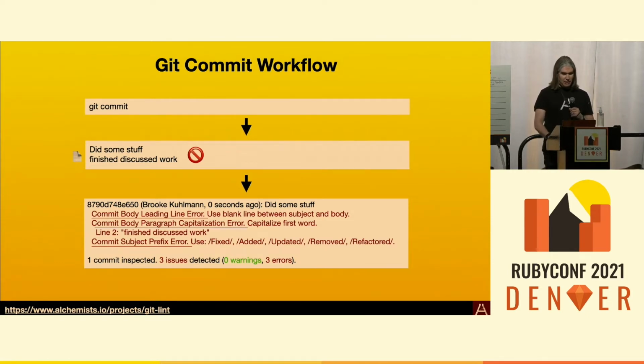There's your subject. There's the various analyzers that are analyzing your commit message. There's the helpful hints to help you figure out how to fix those. And then finally, specific lines that you need to fix in your commit message. And then finally, stats at the end.